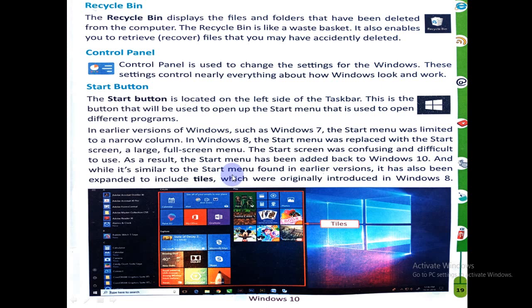In Windows 10 you can see all icons in the form of tiles, which is easier to find, so that you can see any program properly on the desktop. Now see here, this is the icon of Windows 7, the previous version, and Windows 10.